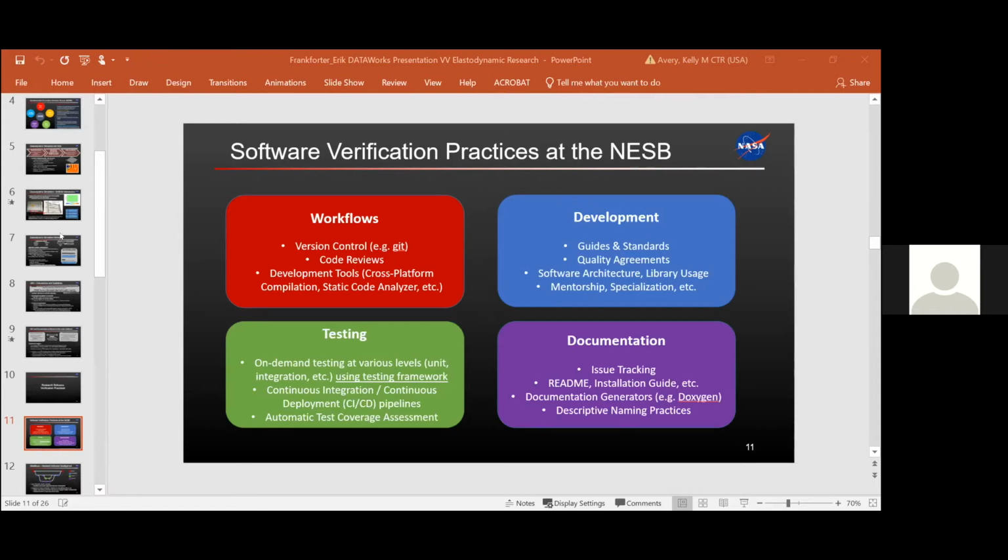So that's things like the use of version control software to keep track, and even the use of version control workflows can be very helpful, and that can provide a structure and a framework to put good software practices around. The use of code reviews, which can allow for mentorship with people who have more experience, specialization in different aspects of code development,